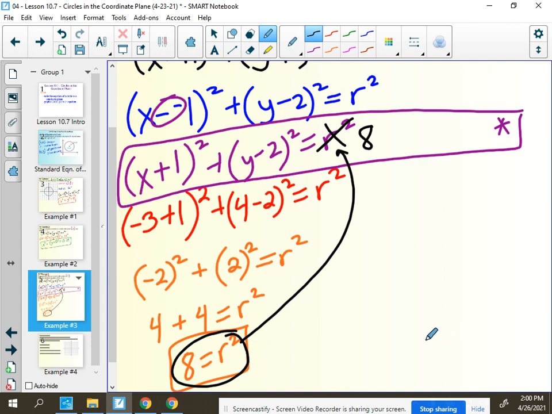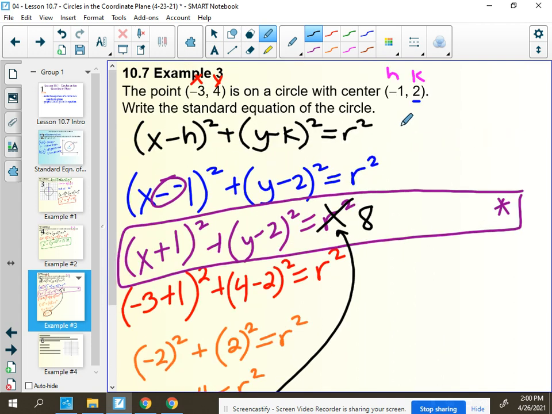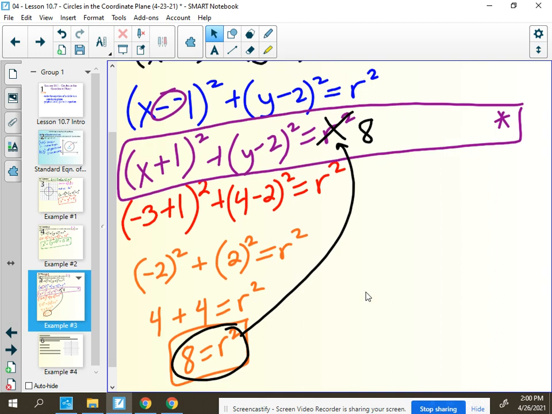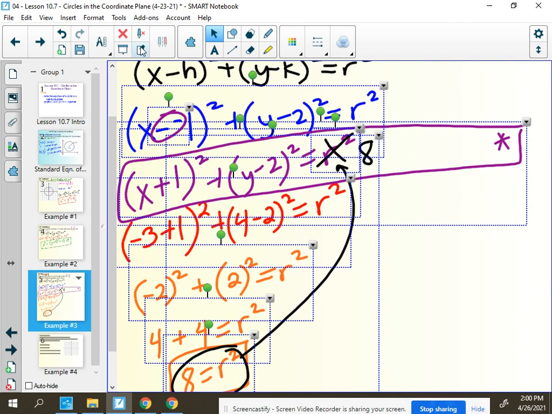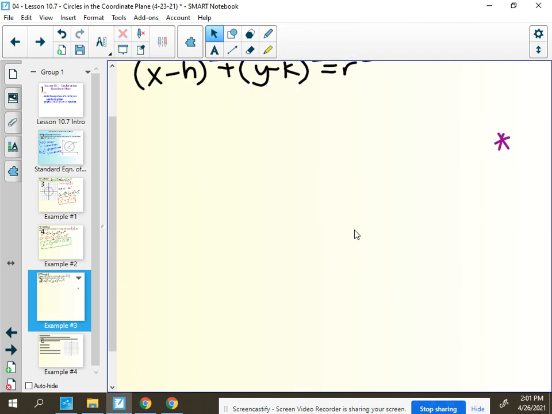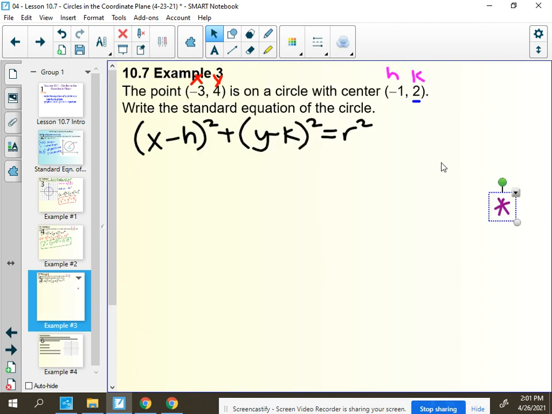All right, so that's method 1. It uses our formula for a circle. We plug in the x, y coordinate of a point we know on the circle, and we solve for r squared. I'm actually going to clear it. I'll leave the generic formula part here. But just to give you a second option, sometimes people do well with that one, but sometimes not. So the other situation would be